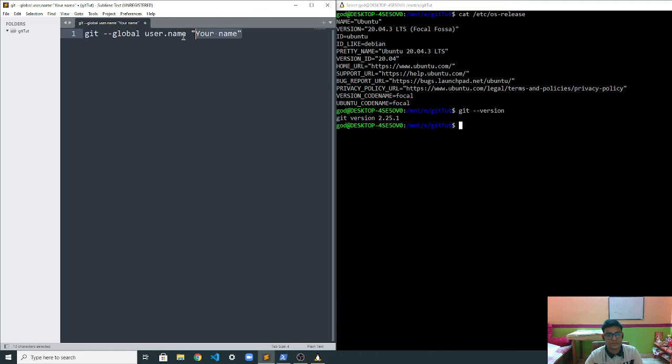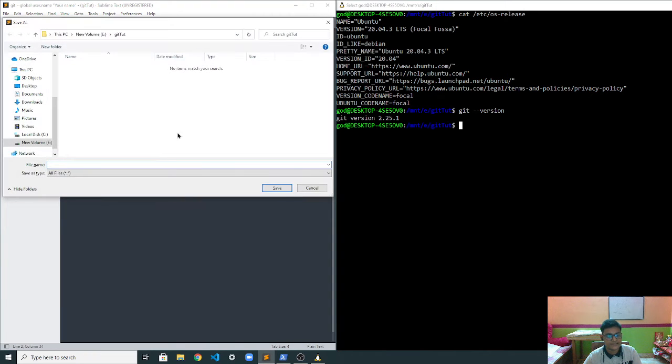So you have to first log in like this, and then you have to give your email over here. So you have to first log in to Git. We'll see the reason why you have to log in with your name and email. For now, let's save it with